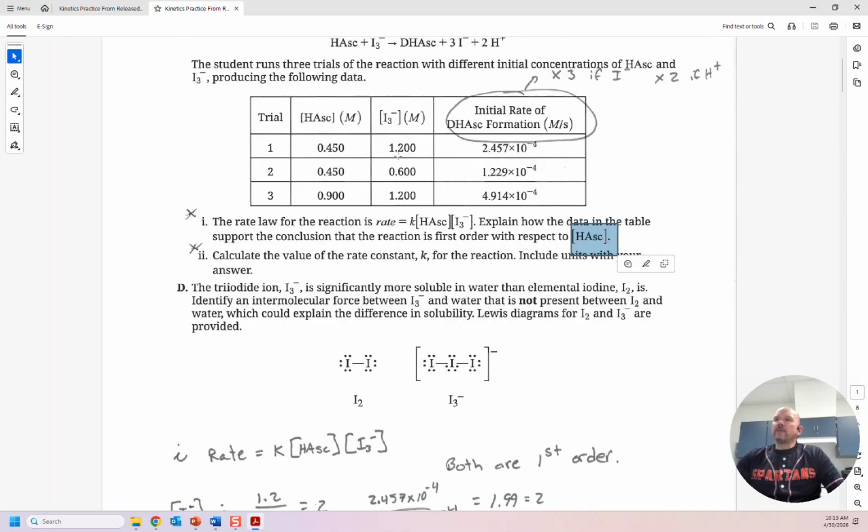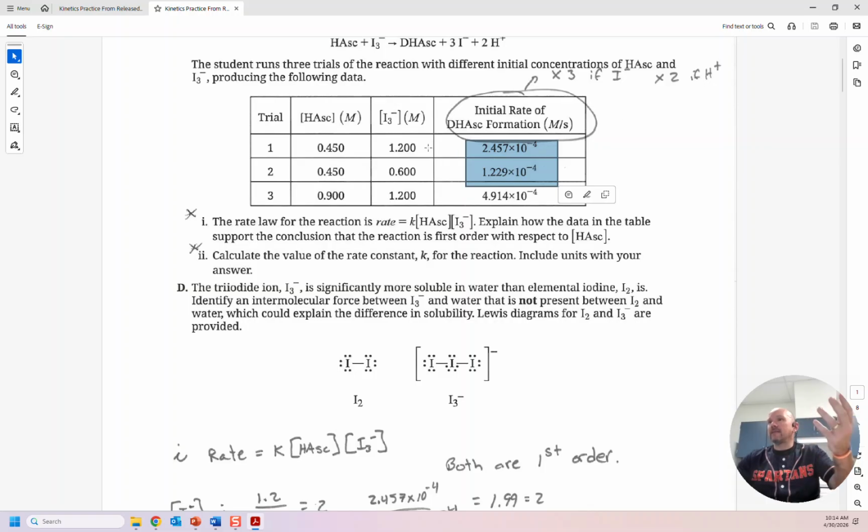So remember, if I want to find the reactant order of this thing, and I'm given this type of data, I would just do this number divided by this number, okay? Find the two trials where this concentration changed but this concentration stayed the same, and see what happened to the rate. Sometimes you can do it without a calculator, sometimes you can't. So to be sure, you would just do this divided by this. And then if you do this divided by this, and it comes out to be the same number, then that's first order, right? If the rate changed